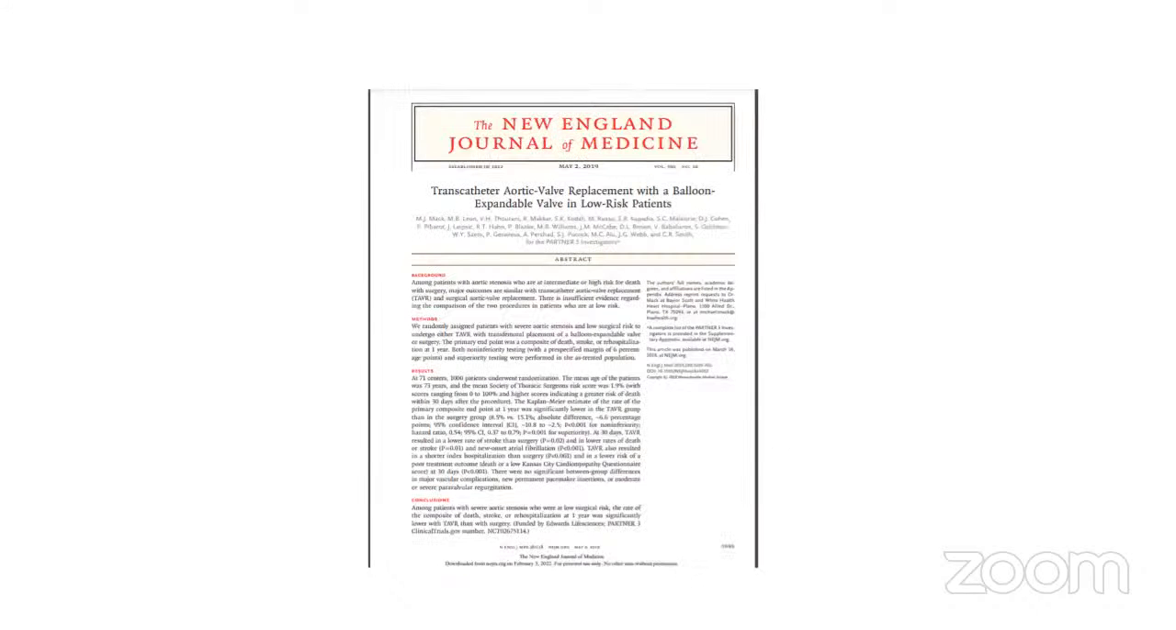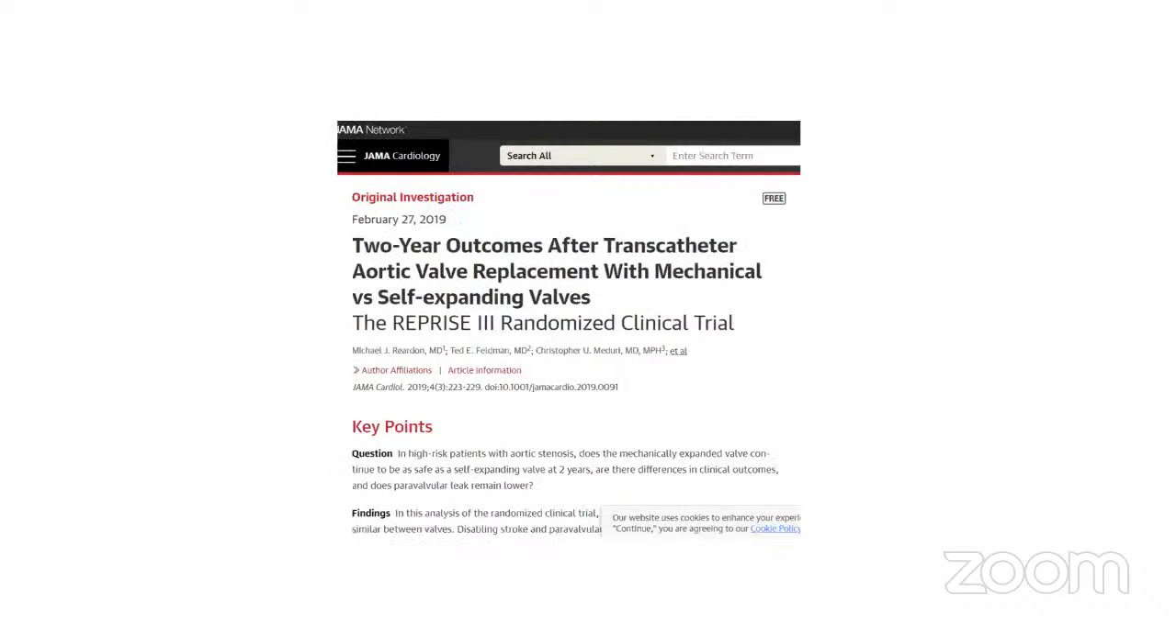In PARTNER 3, in low-risk patients, 1,000 patients with low risk at 30-day mortality risk, TAVR with balloon-expanded Edwards valve, there is a combination endpoint: death and disabling stroke at 1 year was 1% in TAVI and 2% in SAVR. Then lastly,